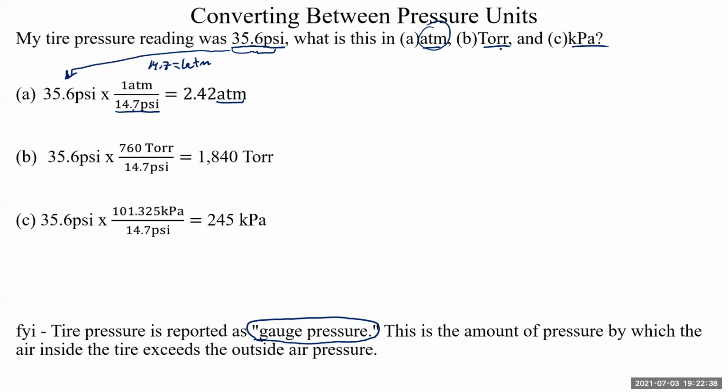If we're converting to torricellis or torrs, we take the same relationship. 14.7 psi is equal to 760 torr. Now, you might think this is some kind of strange coincidence that 14.7 psi is equal to both of these. But remember,